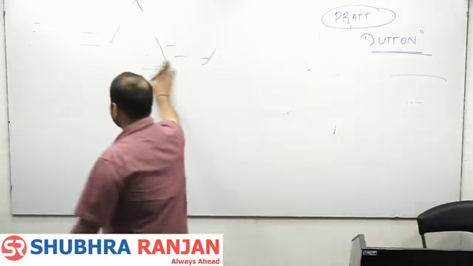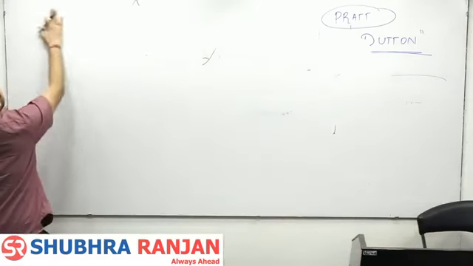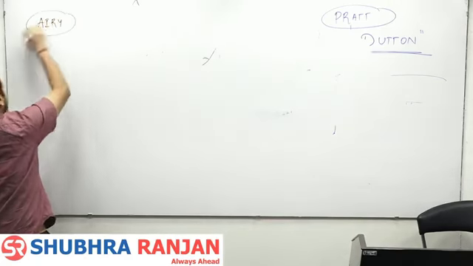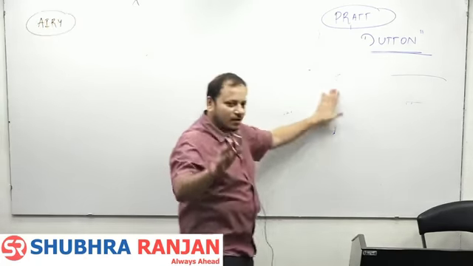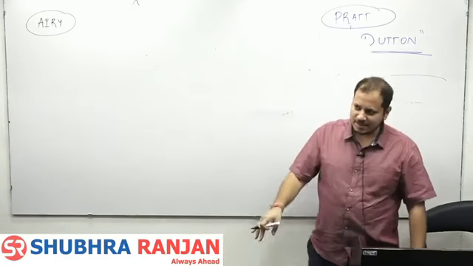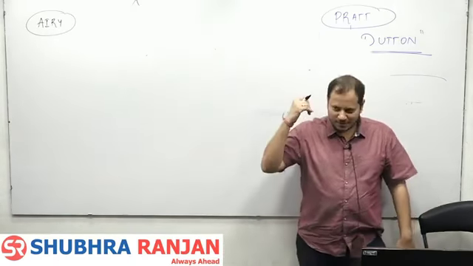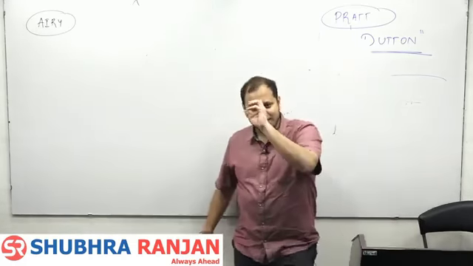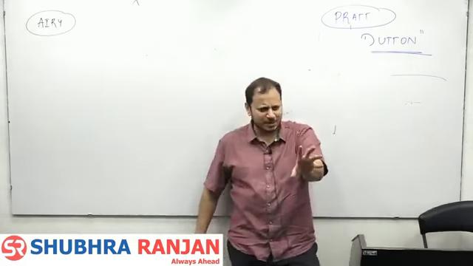There are two views here. One is of Airy. First we'll do Airy, very easy. Airy said, no, you all are wrong. Sial has the same average density. Earth is made up of rocks of the same density, and therefore you cannot say that the Himalayas' rock is of less density. Understand this small concept.